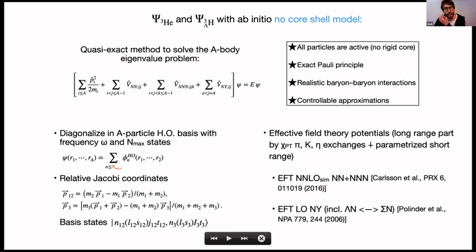And the short-range part is parametrized in the most general way, and you need to fix those parameters, those low energy constants, with data. For that, we use the EFT next-to-leading order SMS potential, SMS because it simultaneously fits the scattering, mainly scattering and binding energies. And then for the hypernucleon part, we use the leading order EFT one by Polinder et al. And importantly, this includes the sigma mixture. So this will allow us to account for the corresponding weak vertex.